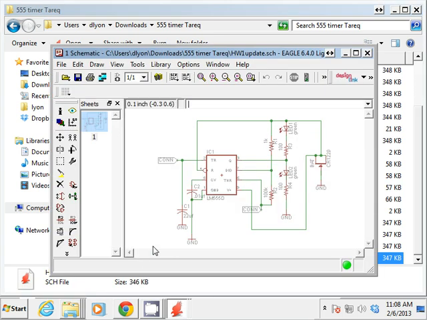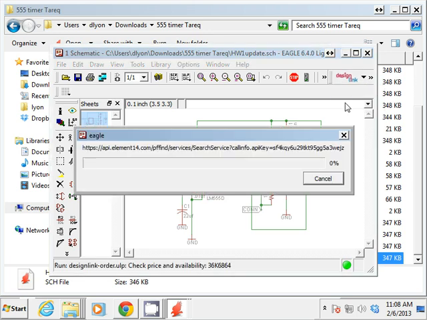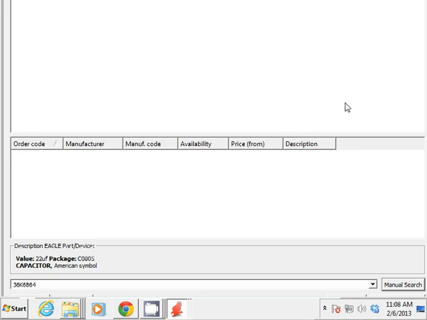Alright then. So presumably if you did a design, you can click on design link, general or schematic. Let's try schematic. And then I think, yep, he's starting to download from the database at element 14, which is Newark. So what Newark is doing is it's integrating its, I'll call it catalog, with